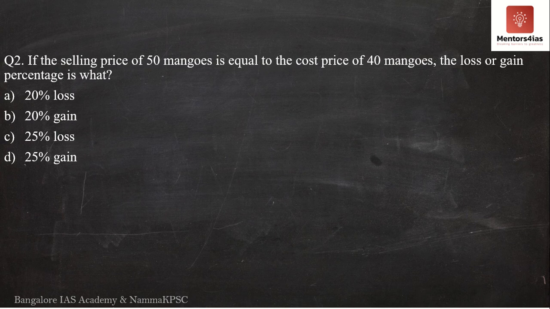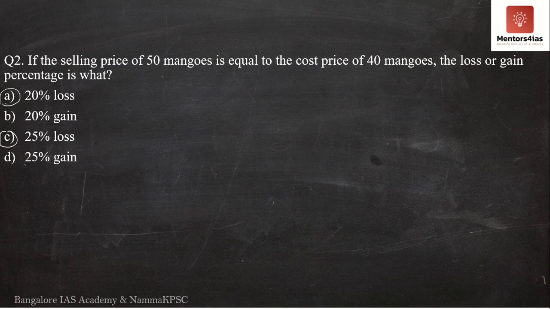So by looking at the question, which says that the selling price of 50 mangoes is equal to the cost price of 40 mangoes, obviously there's going to be a loss. However, since we have two options which mention loss, it is necessary that we solve the question. Say for example, if this was not loss and it mentioned say 30% gain or something, then we could have straight away marked option C even without solving, because just by common sense you are able to determine that it is nothing but a loss. However, let us now solve the question.